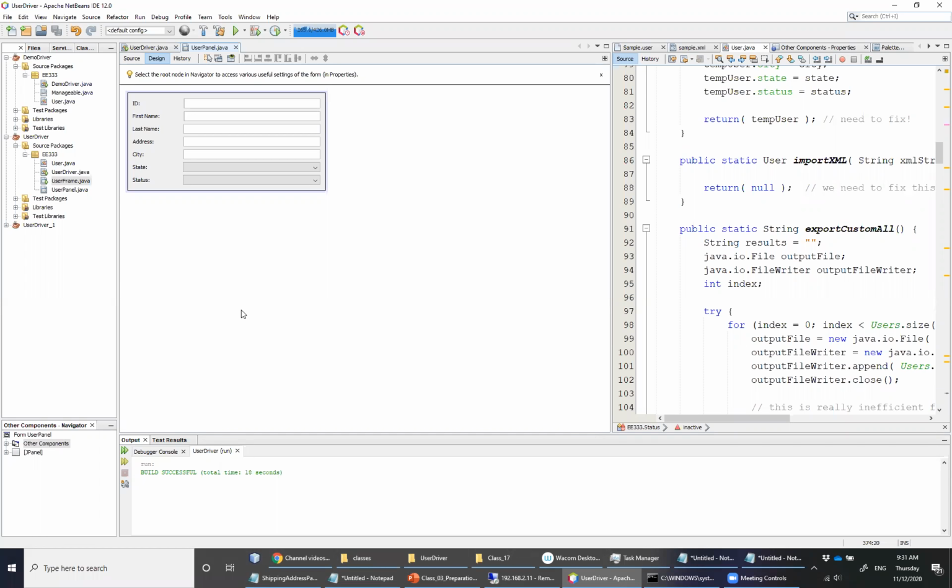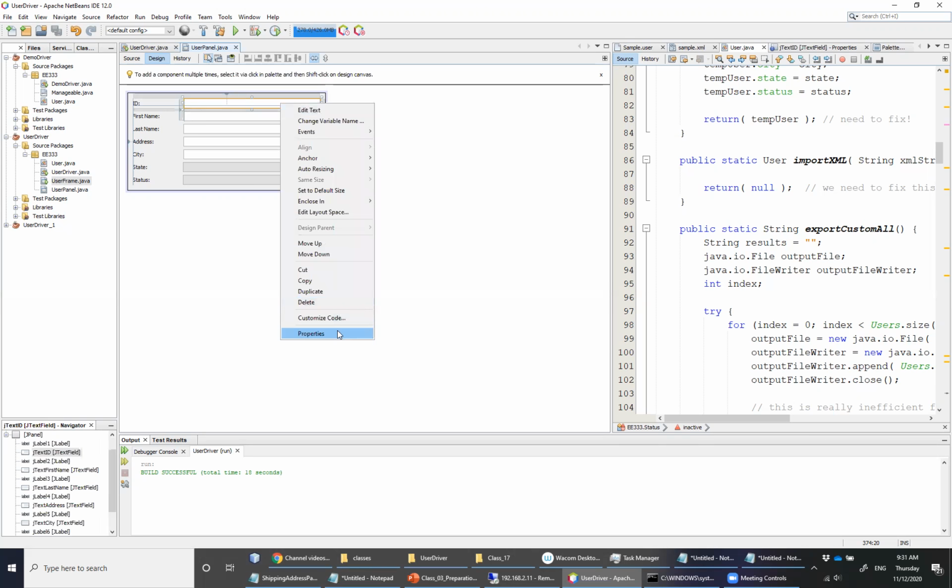In this particular video, we're going to work a little bit more on our user panel, both on the GUI aspect of it, but also on the ability to import a particular file from the file system to ultimately create a user object. The user panel, which wraps the user object, then is going to display the fields of that particular object. And so to begin with, what we want to do is decide, first of all,